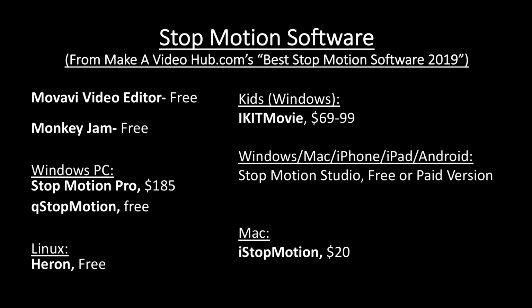Okay, so for Windows PC, we've got Stop Motion Pro, which costs $185. At that point, you should really just buy Dragonframe. But Stop Motion Pro, let me see,